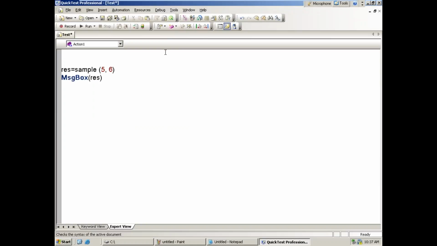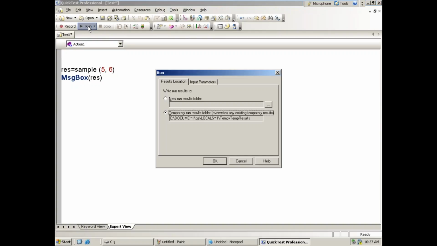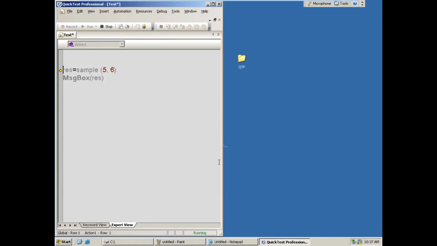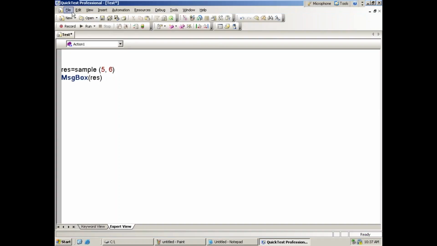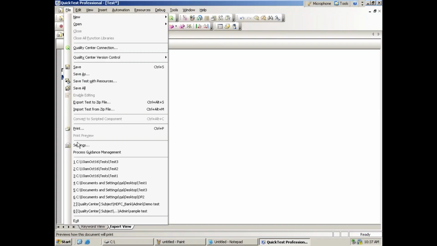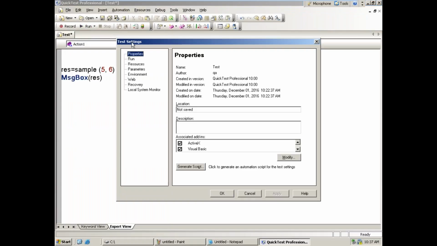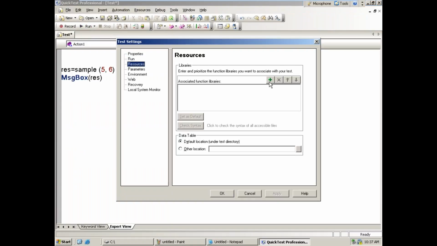Once I create it like this, now if I run it, will I get the values or not? You see that? No, we won't get it. Once we created, we need to associate that library function file to the QTP. How do you associate it? You can go to the file menu, settings, go to the resources, browse the library function file where it is available.